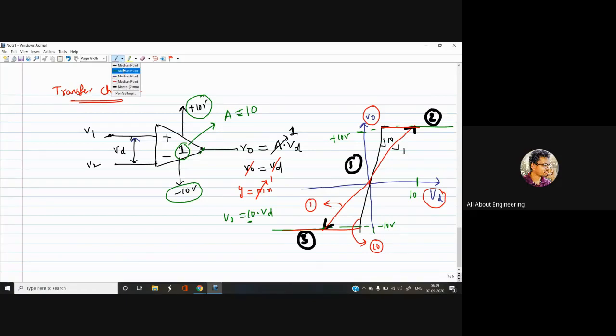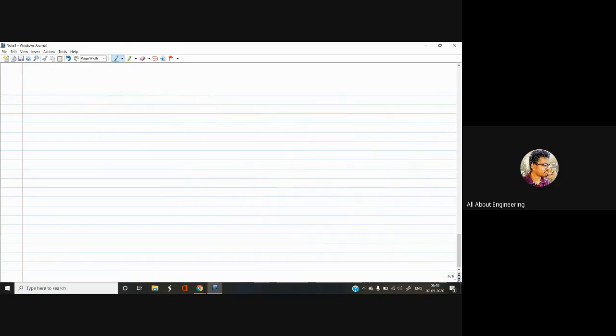Now, the point that I want to make from this concept is, as the gain of the amplifier increases, the characteristics lean towards the output axis. They are moving towards the output axis. Now, if you study the characteristics of an op amp, which are quite similar, but here the gain is very, very large. It is around 10 power 6, or ideally you can take this as infinite also.